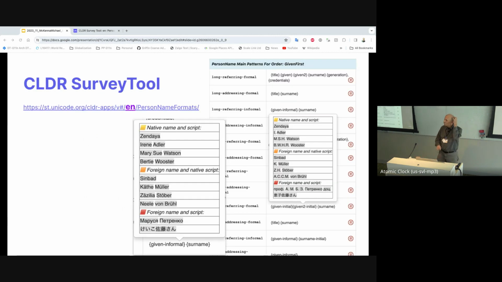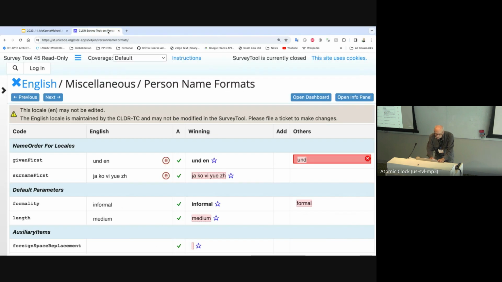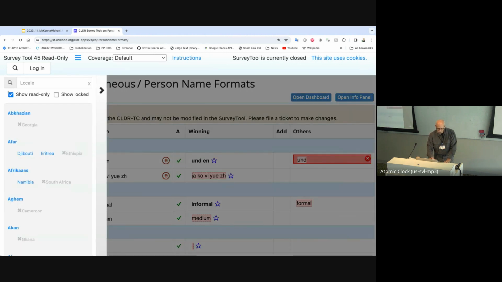So the survey tool. I was just thinking that there's two sites I go to all the time. One of them is Richard Ishida's UniView and the apps that he has to play with all my Unicode data and convert them back and forth and so on. And the other one is the CLDR survey tool. And this gives you the ability to actually dive in and look at what is happening where, based on the different regions. So on the survey tool, I've gone into English and